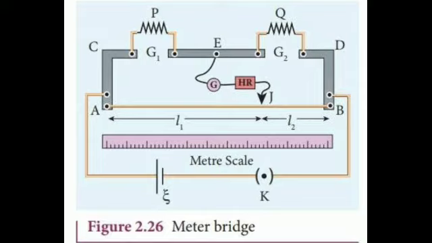So, to find the specific resistance of the material of the wire in the coil P, the radius r and length L of the wire are measured. The specific resistance or resistivity rho can be calculated using the relation resistance R is equal to rho L by A. So rho is equal to resistance into area by length. If P is the unknown resistance, the equation becomes rho is equal to P into pi r squared by L.